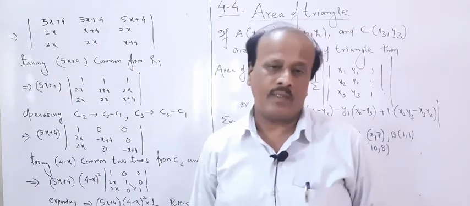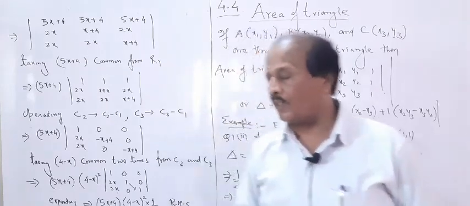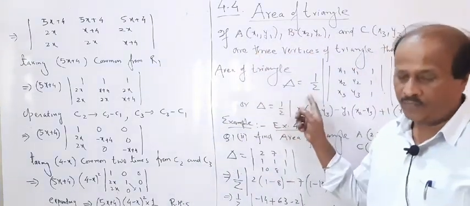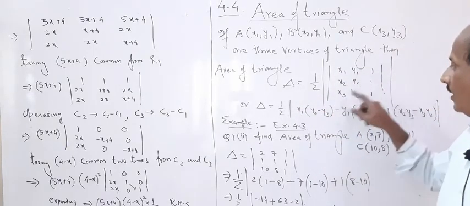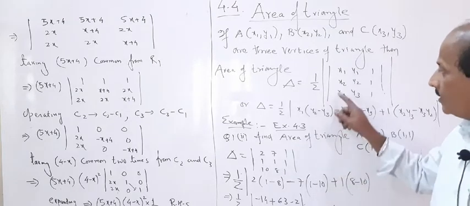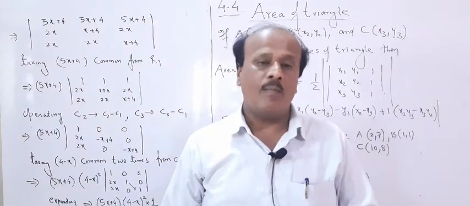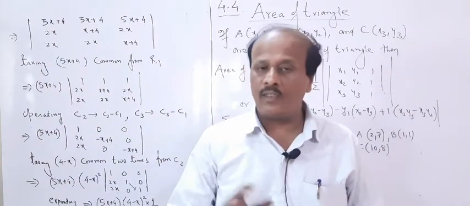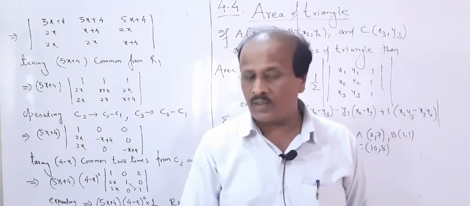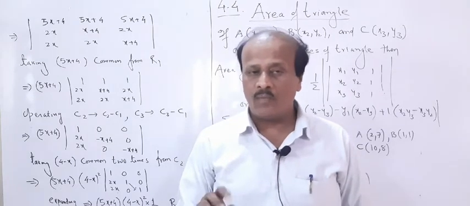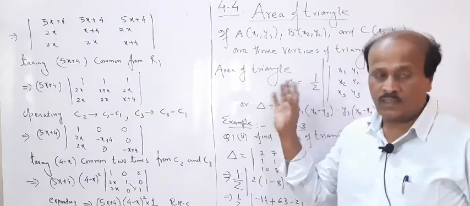Then if they are asking you to find the area of a triangle, usually we use the letter del to represent the area of the triangle. So del is equal to half, then the determinant x1 y1 1, x2 y2 1, x3 y3 1, the symbol of determinant, and one more parallel lines I took, and that is for modulus. Modulus means you know that the area of a triangle cannot be a negative quantity. So if by chance you get the answer negative, immediately you take a modulus, and don't forget to write its unit also.